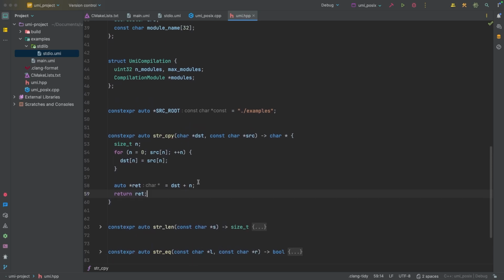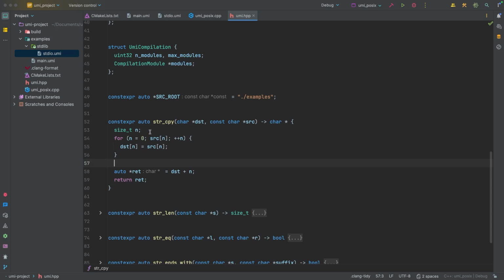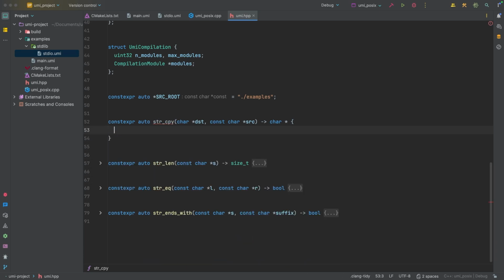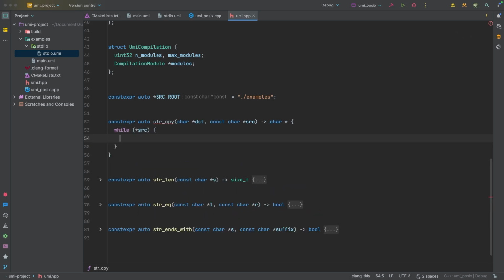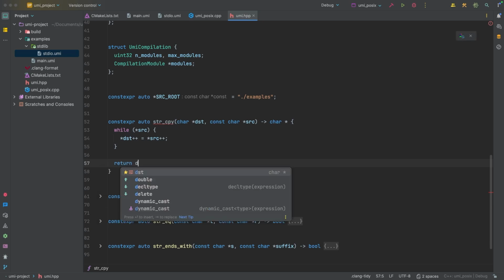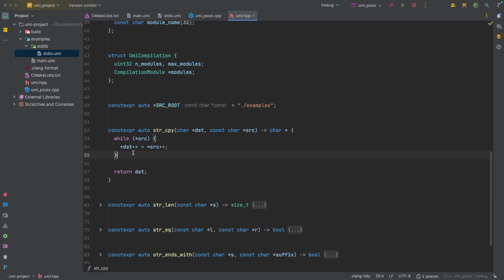I guess there is one more way we could make this. We could write it like this as well. Let me rewrite this quickly. We could say while star source, and then we'll do star dest equals star source plus plus. This is a very, very terse way to do the same thing. And this works because